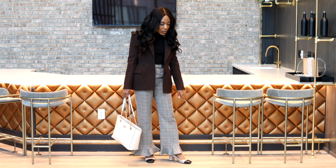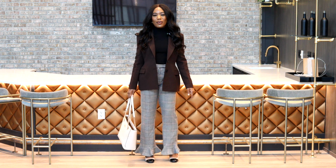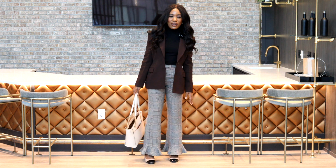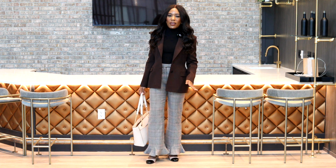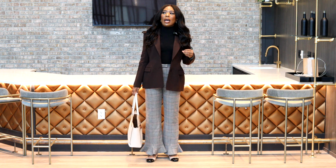These are round toe, black capped, little tiny, I don't know what to call these. I guess they're heels, but they're block heels, short block heels. And this is definitely more of a comfortable look for the office. You can always opt for heels with any of these looks that I'm showing you, but I'm trying to be